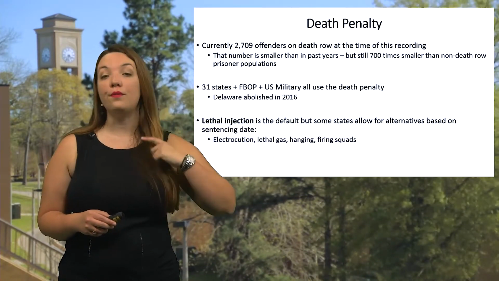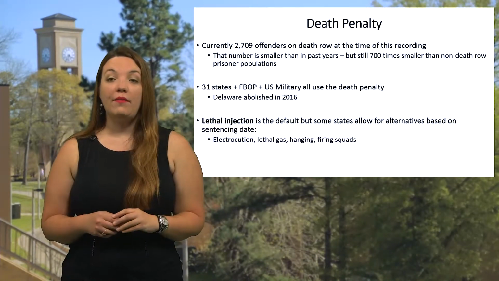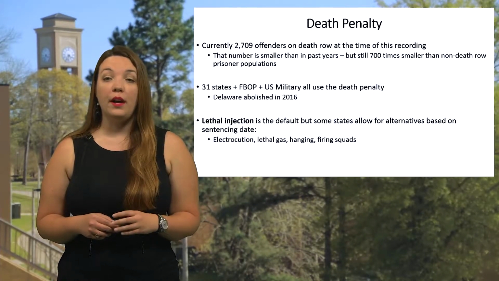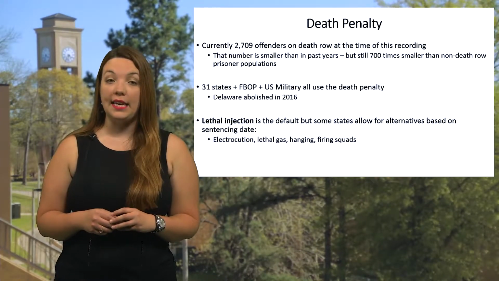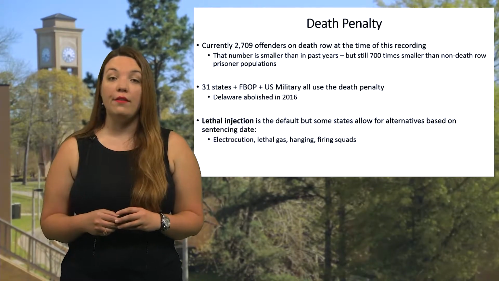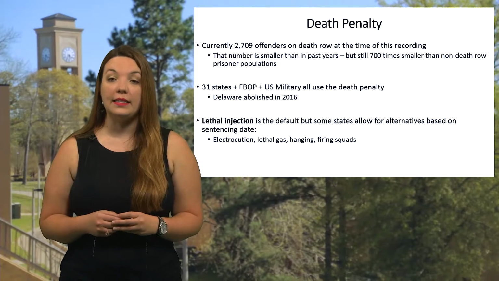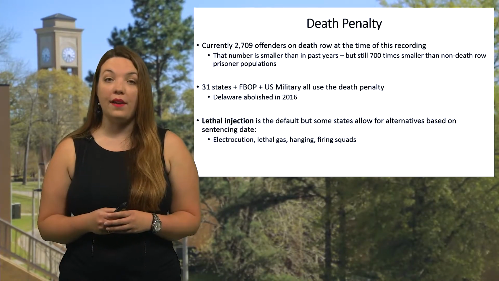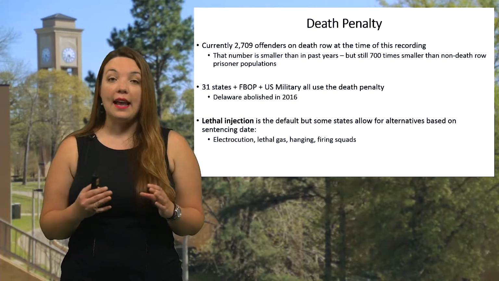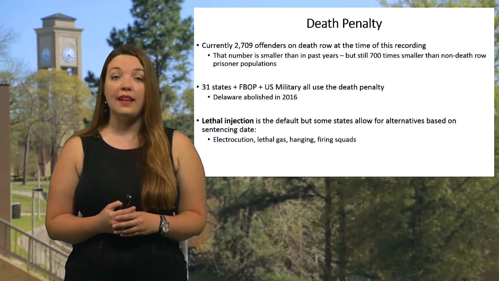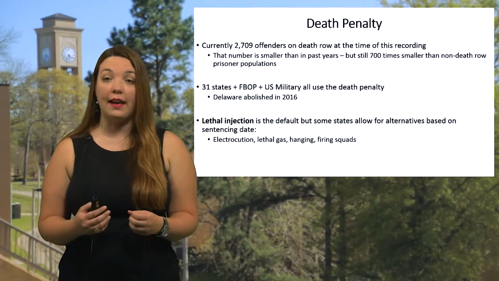At the time of this recording, there were about 2,700 inmates on death row. That figure is down about 200 inmates since 2016. The majority of that decrease is due to execution rather than through commutation or release. Hands down, Texas routinely executes the largest amount of inmates every year and has the largest execution count since the reinstatement of the death penalty post-Gregg.